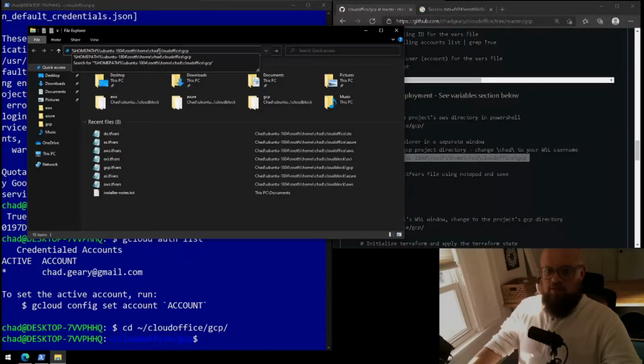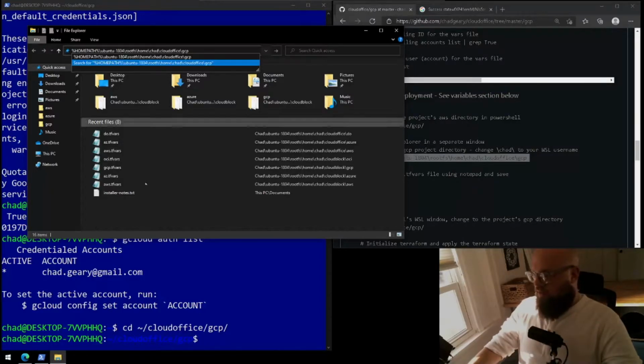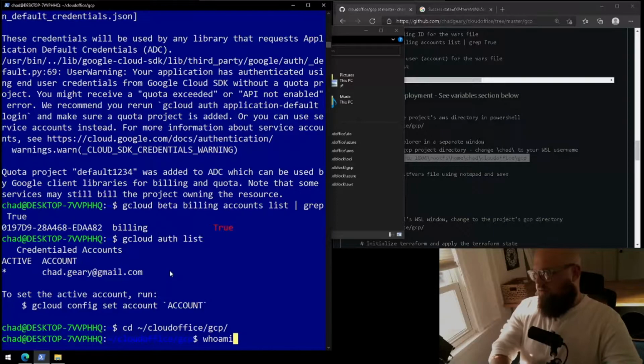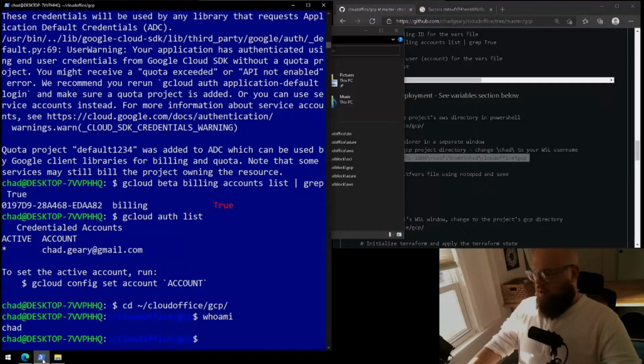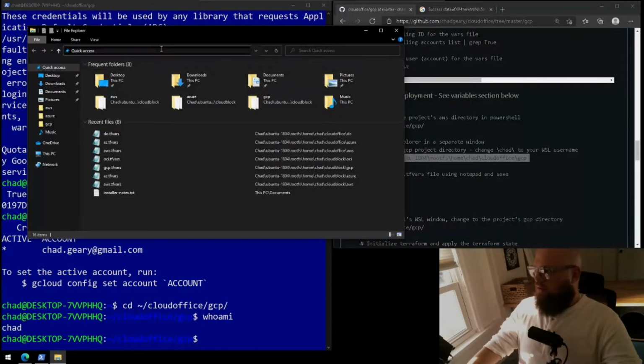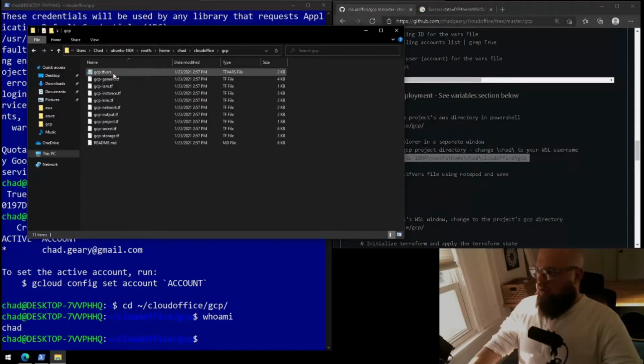That may or may not be visible. You'll need to change Chad to your Windows Subsystem Linux username. If you're not sure what that is, type in whoami, and there's mine. So I'll again paste that in, change Chad if you need to, and then hit enter. We'll be editing this file